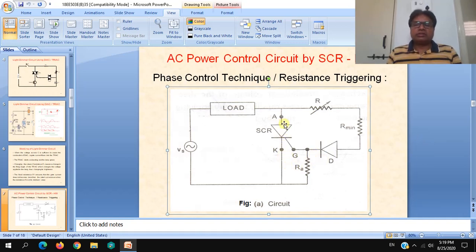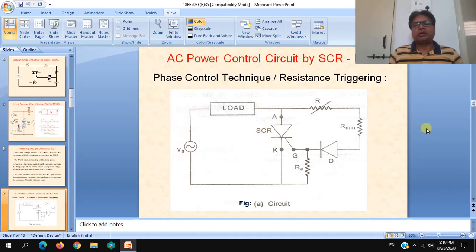So just think that the SCR conducts at 0 degrees itself, that is alpha, or when a gate signal is given at 0 degrees, then the full sinusoidal voltage will appear across the load, and the SCR conducts only for a given half cycle. Only during the positive half cycle will the load get its voltage. During the negative half cycle, the SCR will be reverse biased and will not conduct, and it will be turned off at the zero crossing. So this is half wave power control, or power control in only half cycle.